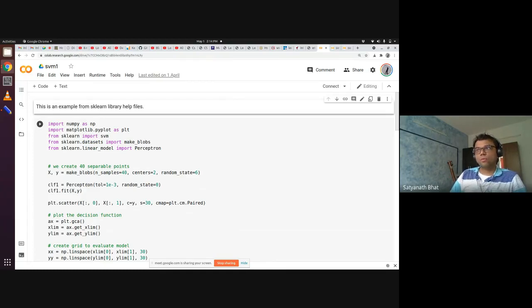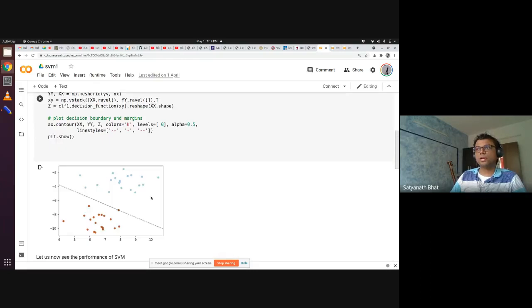So what we do in this example is create a bunch of points, and the points are labeled. There are two colors that we have chosen to label them, and then we use a perceptron. From yesterday's class, we know that this is not a suitable thing. Why? Because the hyperplane is passing through one of the training points. So if there is any error in measurement of the training points, this is not very desirable.